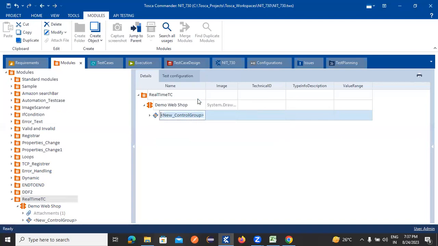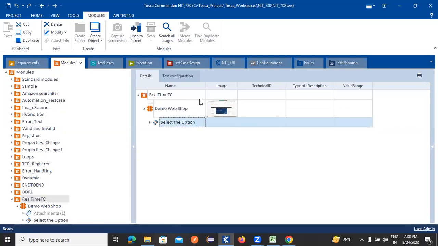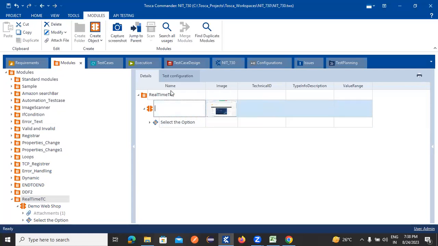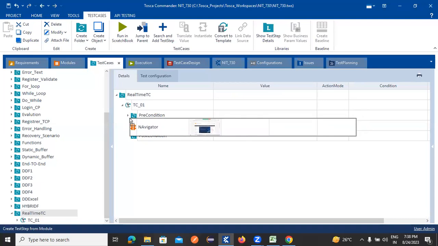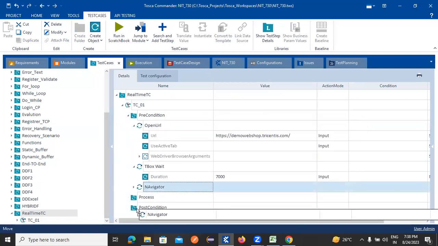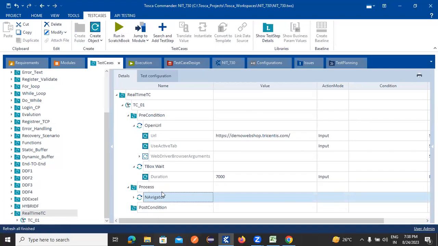Now here I will provide, select the option. Navigator. Just drag and drop under process. This is drag and drop under process. And now I need to